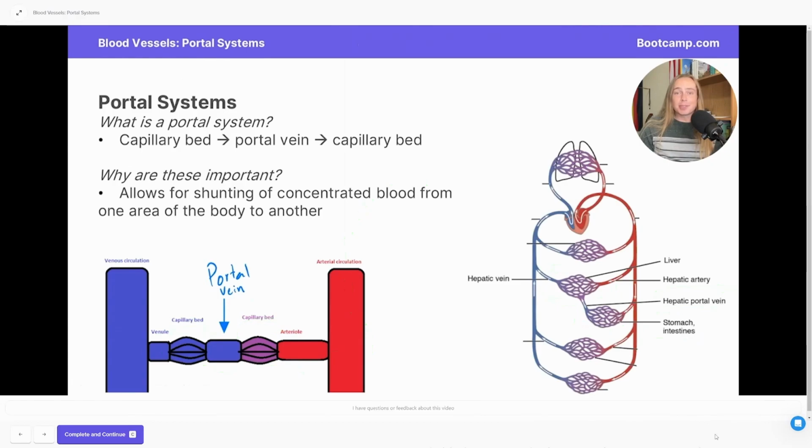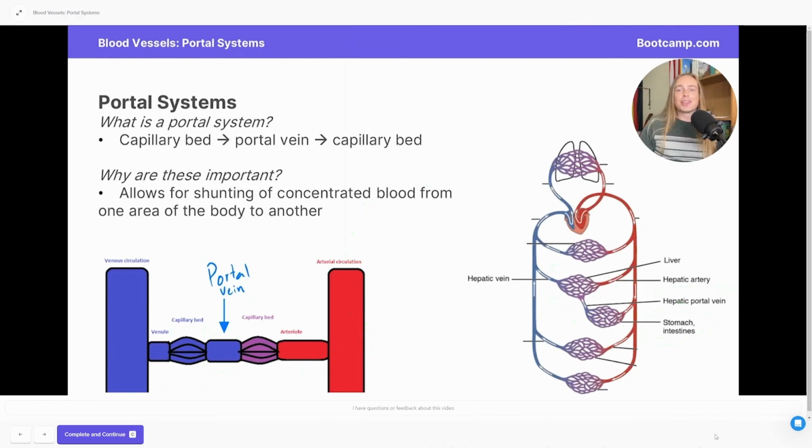Great, so portal systems are really important because they allow for the shunting of concentrated blood from one area to the other. This is really useful for two main reasons. First, if we think about all the stuff that we eat for lunch, if we sent that directly back into the systemic circuit, it could end up harming things like the brain. A portal system allows for this blood to be sent somewhere first and processed and made safe for the rest